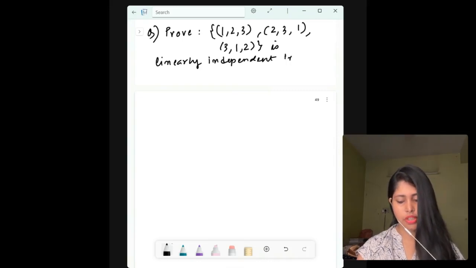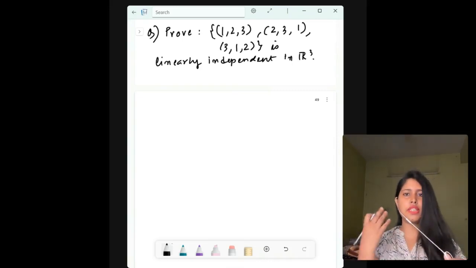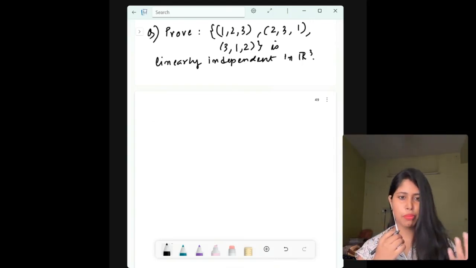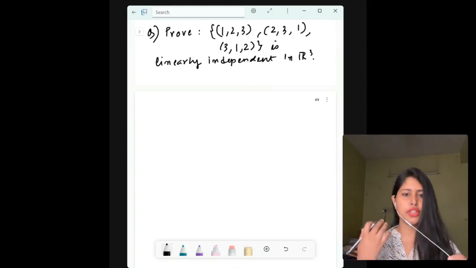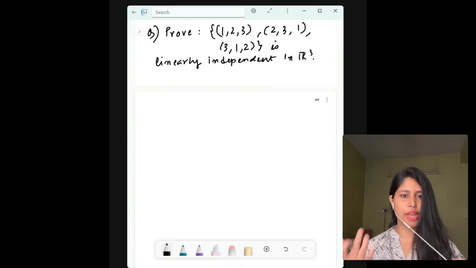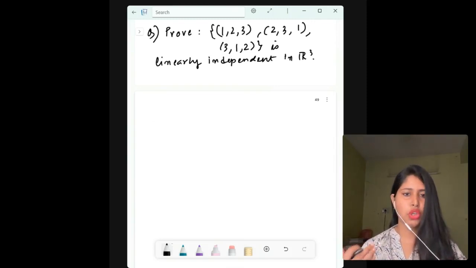in R3. Now, when I tell you about the cyclic determinant trick, then you will understand that this problem can be solved in just two steps. Okay, but since you do not know that yet, and many colleges or universities really do not teach that in the first class, you have to first solve this and know how to solve it using the system of linear equations.